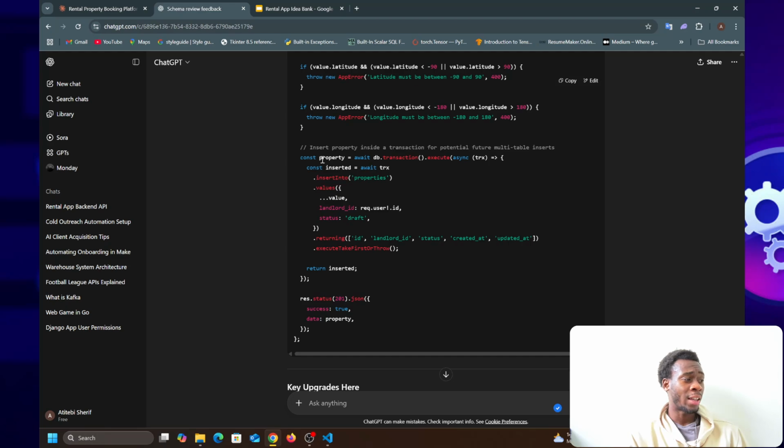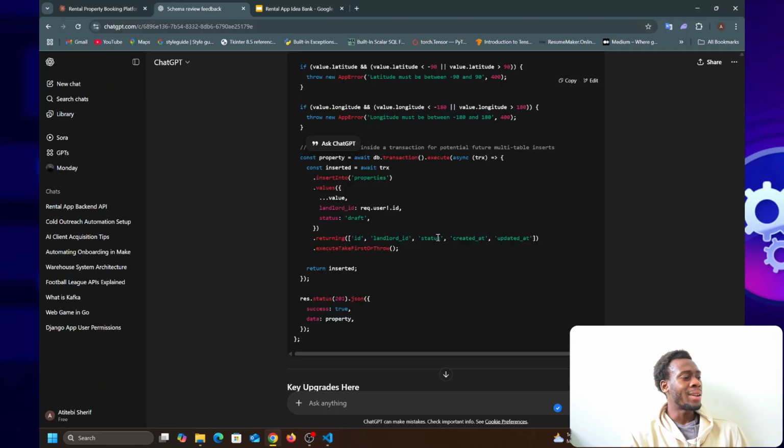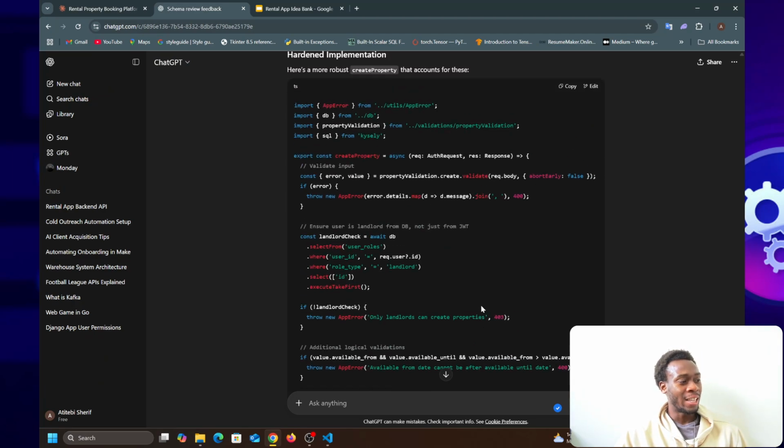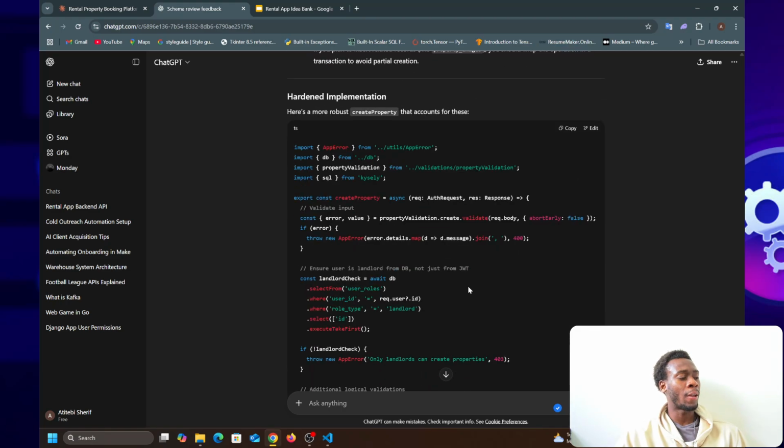So what it's doing here is storing the property that it is creating in a variable so that this can be used in any future logic that you decide you want to use it for. Let me see if that's not the case. So really, I feel like this thing is doing extra. I'm not sure if it did anything extraordinary that I wouldn't have known by myself, given enough time.